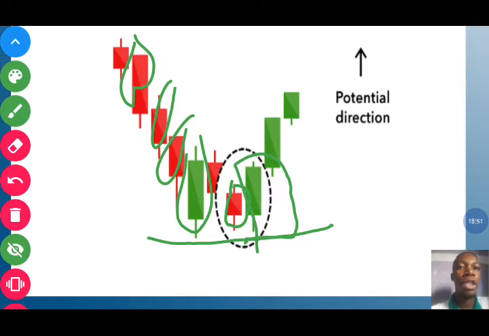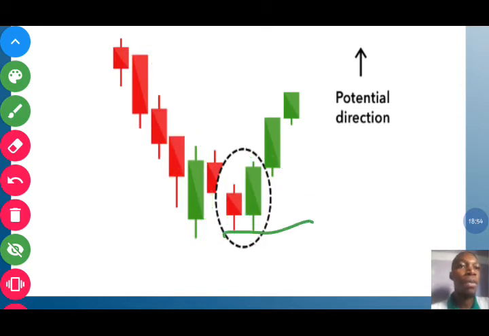It started from the lower point of the chart and just went all the way up and covered the whole of this red candlestick. Now that's why we call it a bullish engulfing pattern. It's a green candlestick that signifies that price wants to start going up from the downtrend after it has gotten to a support area. Remember this, you need to look for all this type of pattern only when it has gotten to a support area. If you're looking for a bullish candlestick, you need to look for it when it gets to a support